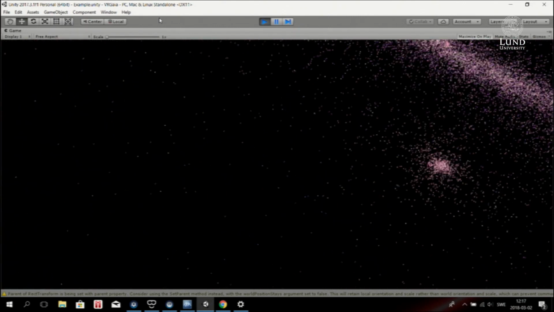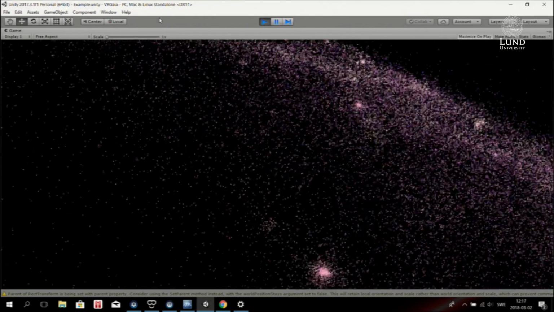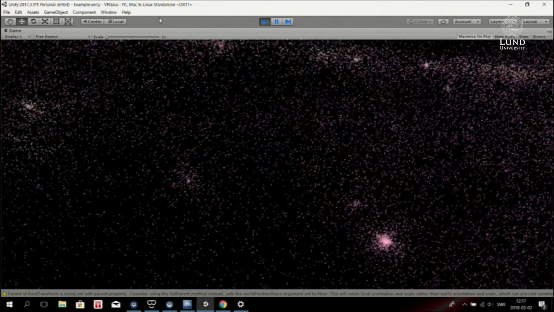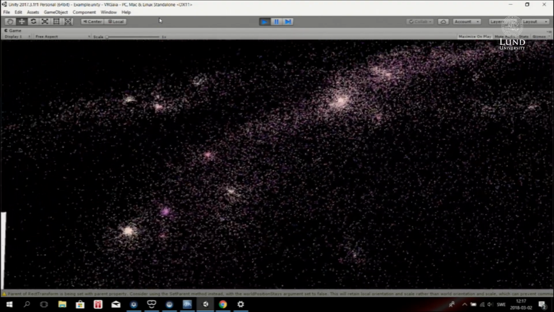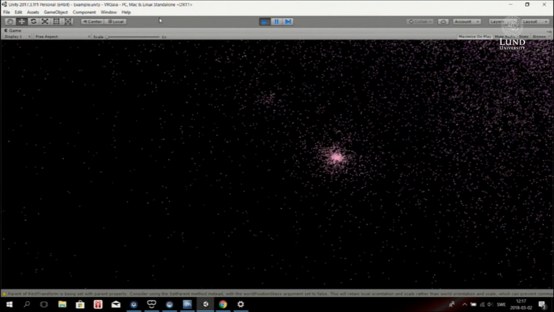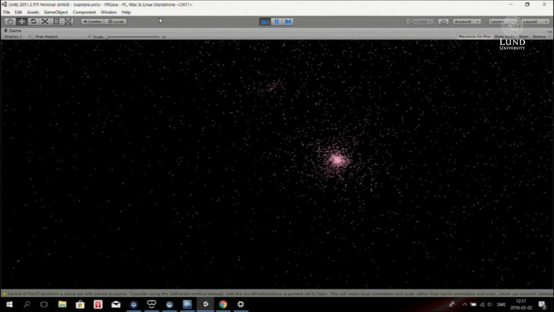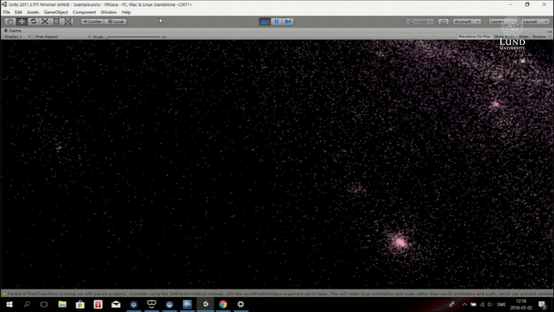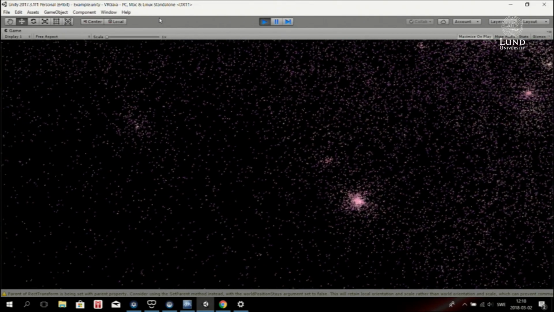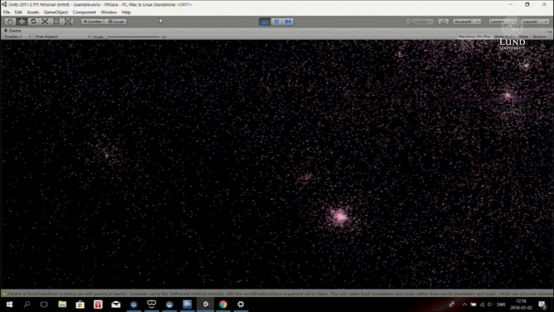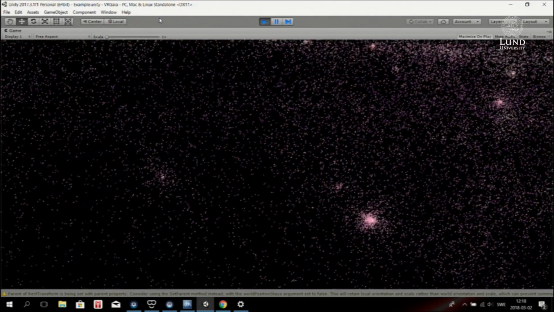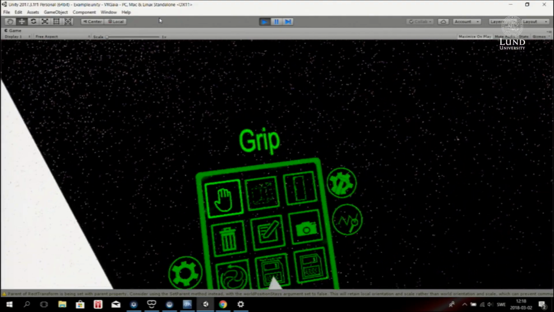Whenever you try this out yourself, it becomes really apparent how your brain somehow discerns three-dimensional structure, right? It's amazing. You can really see little features inside this cluster and in the spiral arms of the galaxy. But the thing we wanted to do is to now use this to analyze things in real time. For example, this is now showing all of the stars here. So I guess what you have now in your left hand is a little toolbox, right?